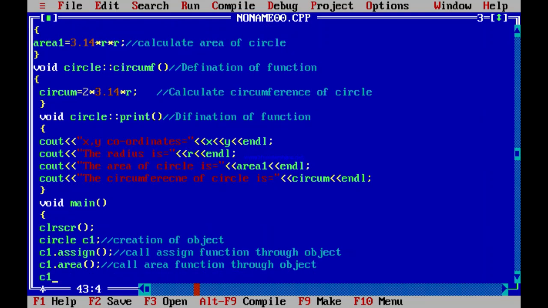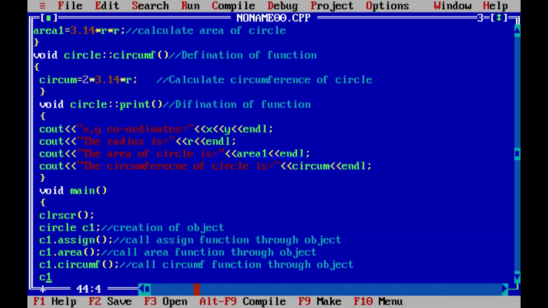Next, C1 dot circumf function. This function is going to display the circumference of the circle. Call the circumf function through the object.